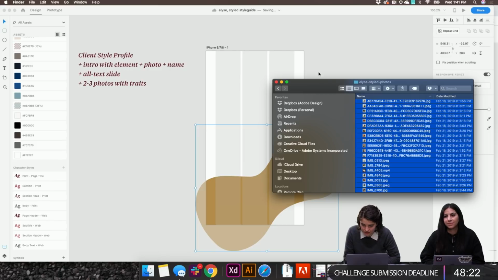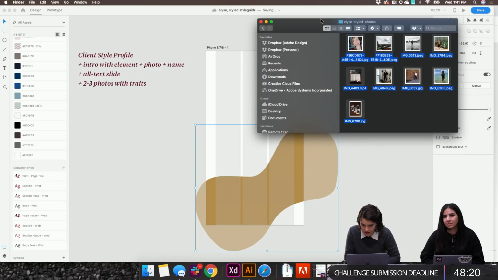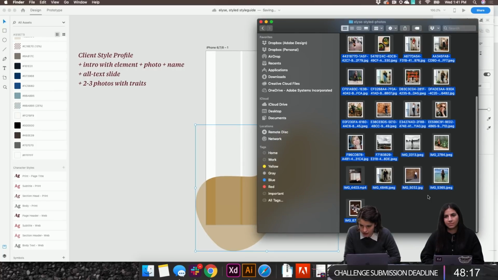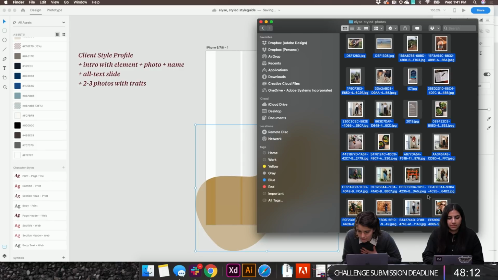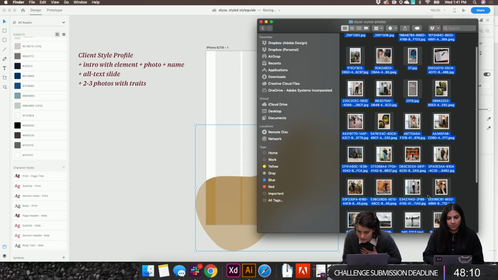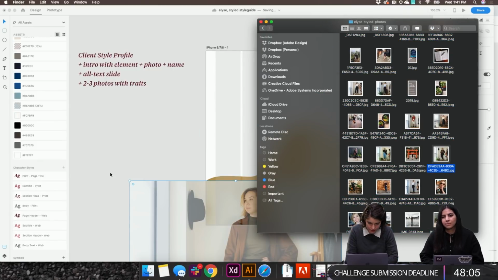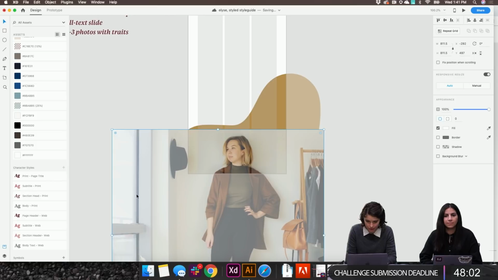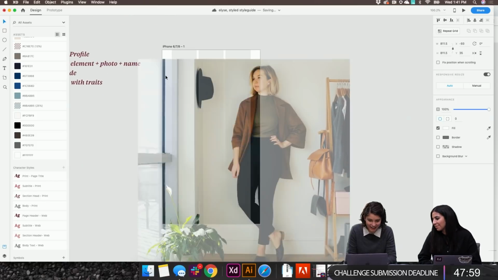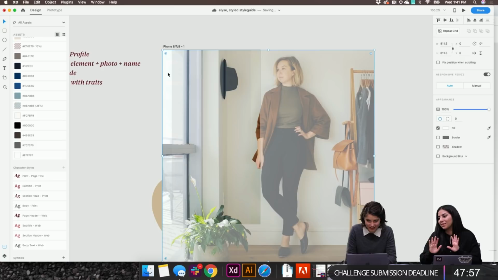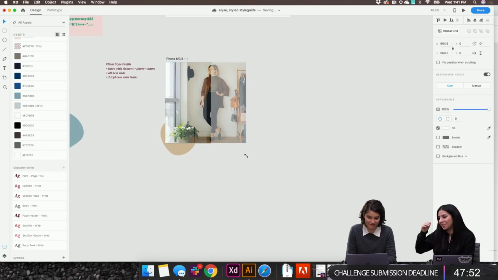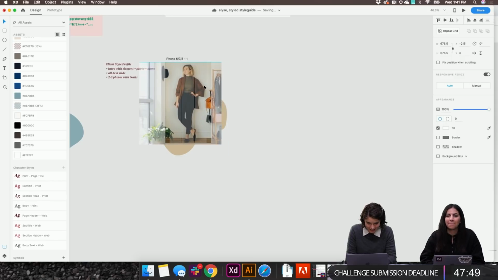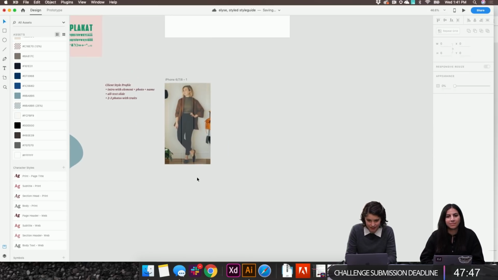And I'm gonna use a photo of Elise as an example. I'm gonna pull, oops, oh, not all of them, just this one. I'm gonna pull in this one. I like this photo of her. Oh, that's so cool. Yeah. I like how she styles the pictures too, and like she has the clothing rack next to her. It's so cute. So let's see this.